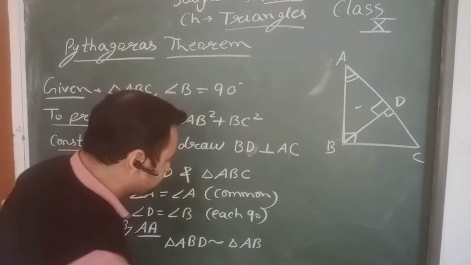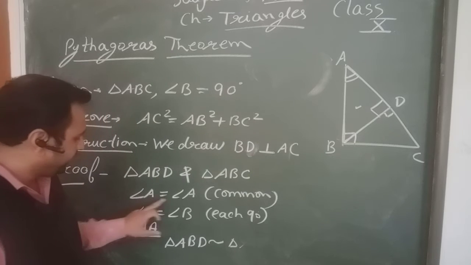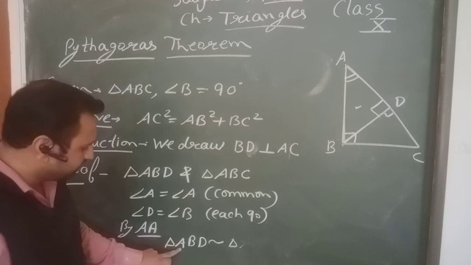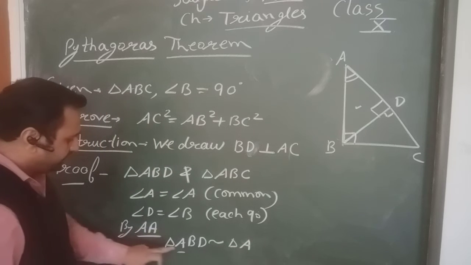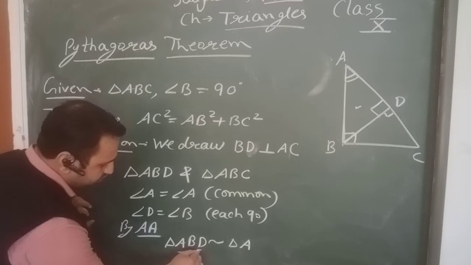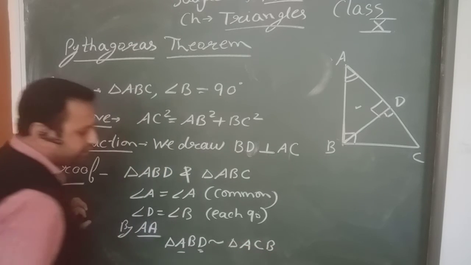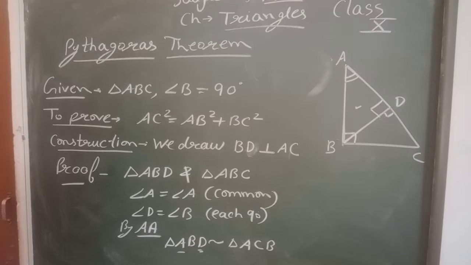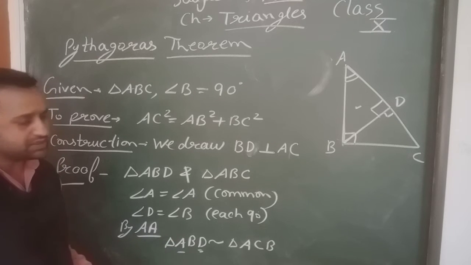We have to match angle A equal to angle A, so in the place of angle A we just note down A, and angle D is equal to angle B, so in the place of D we note down B. So triangle ABD is similar to triangle ACB. So both triangles are similar, and after similarity